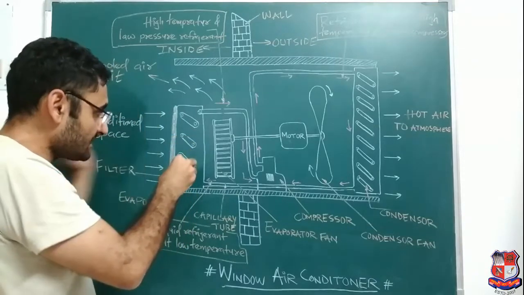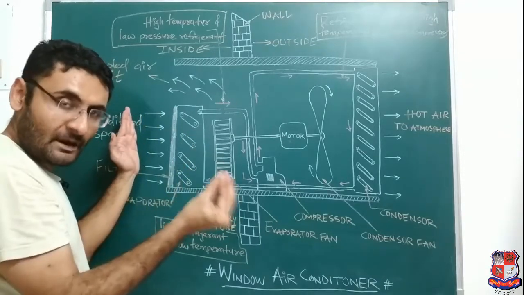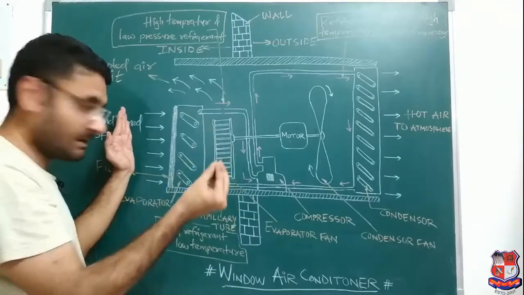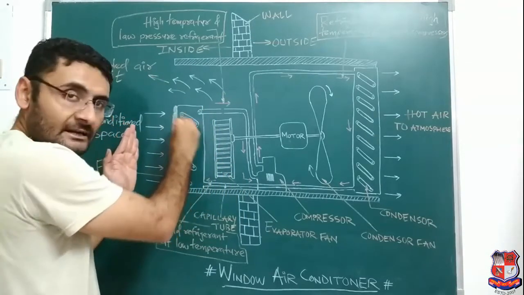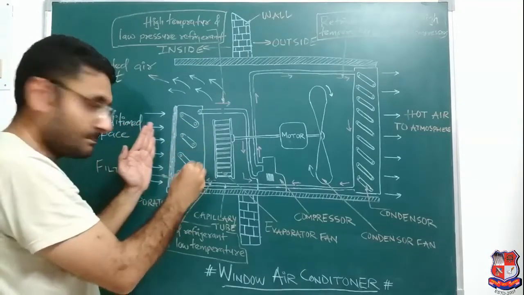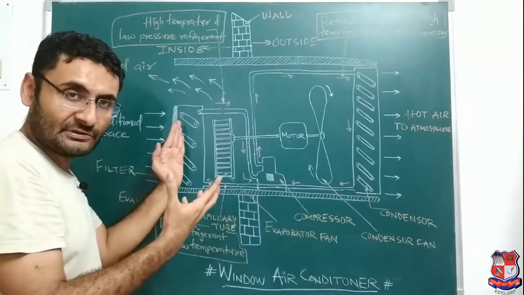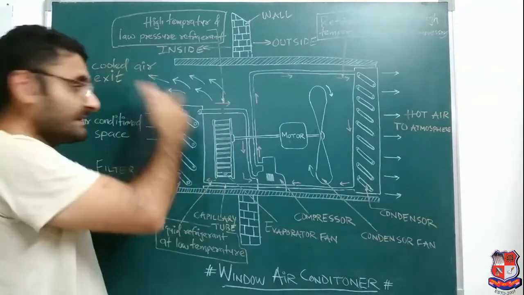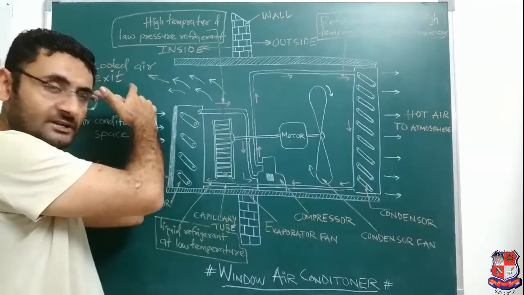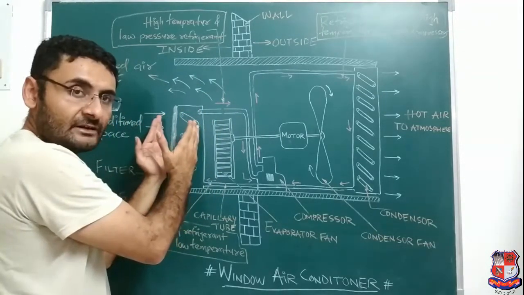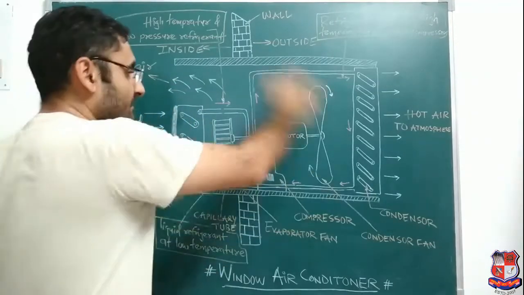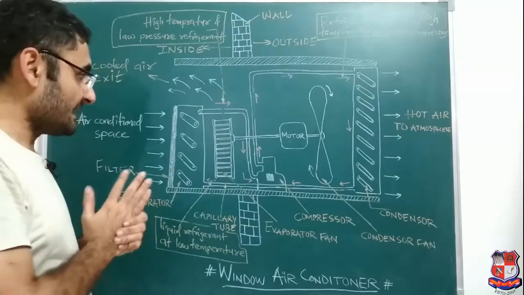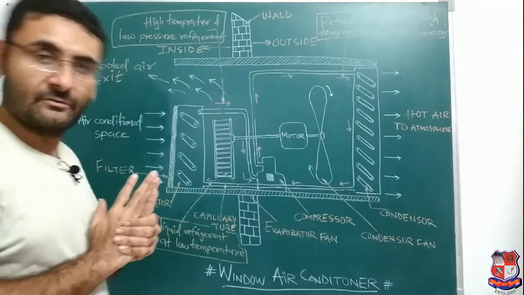Again, that hot air consists of water particles in the form of vapor. Those water particles in the form of vapor will stick at the outer periphery of the evaporator. So dehumidified air is produced, and cold air will be rejected, that cold air having dehumidification. So this device will dehumidify the air, also it will cool the air, and the cycle will keep continuing. So that is the working principle of window AC.